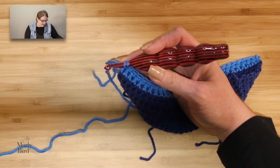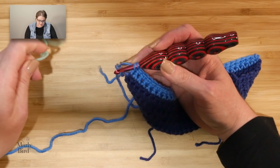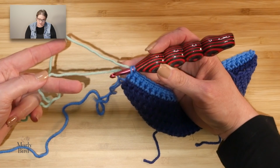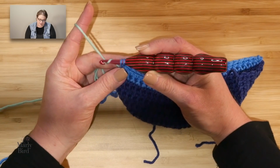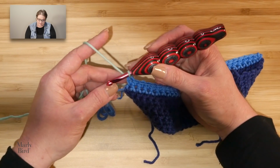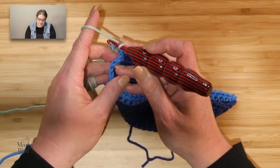I'm going to grab my next color, and I'm going to have some fun with this. I'm going to use Creme de Mint, and I'm going to hold it right up against my light blue. Okay, so I have my tail. I left a nice long tail so I can weave it in. I yarn over with my creme de mint, my new color, that would be my color C, and I pull through the 2 loops on my hook. Okay, so now I have a new color. I will turn my work,